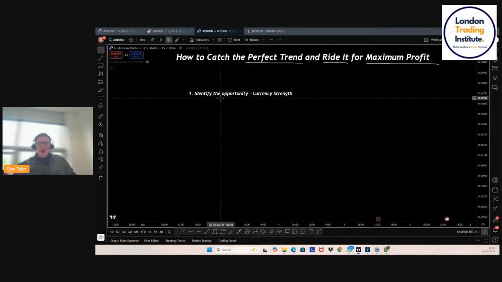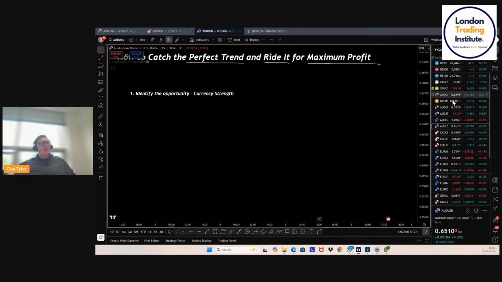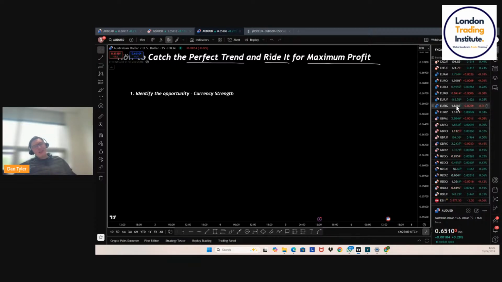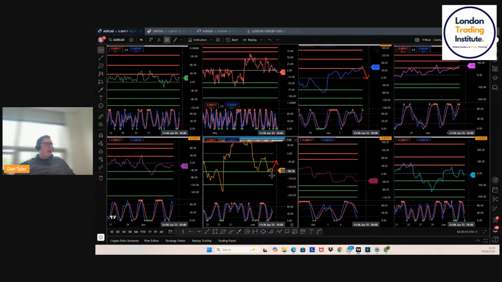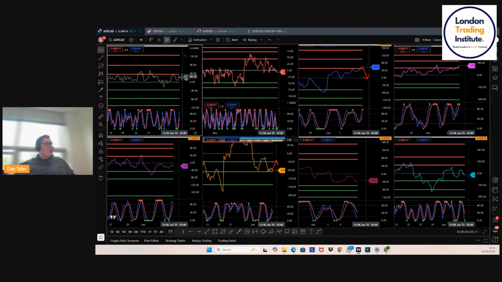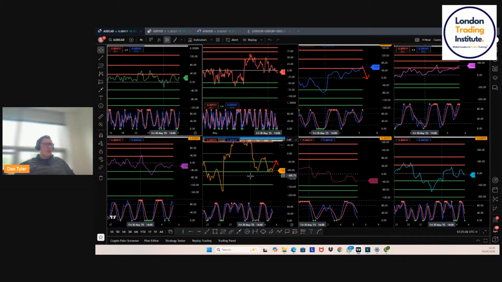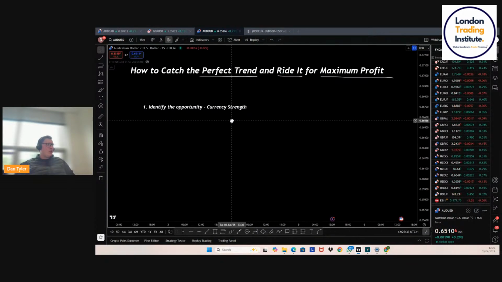That's what it means by identifying the opportunity. Rather than having to go through all of these different markets and analyze every single one, we've looked at a chart and we've said, okay, the Australian dollar is in a really good position. The New Zealand dollar is also in a good position. You could also potentially look at pound dollar if we see a spike up, as a good position. That's what I mean by identifying the opportunity. So hopefully that makes sense.